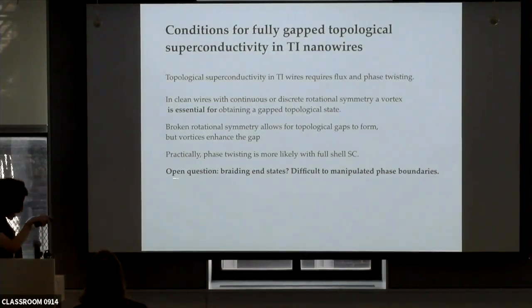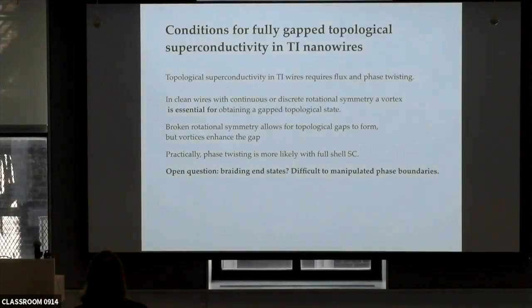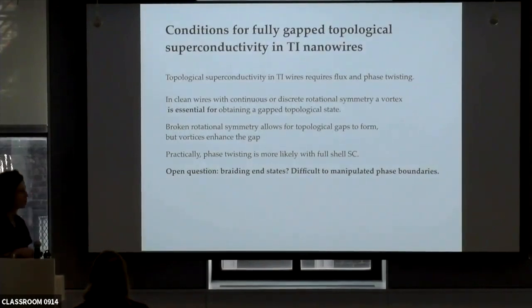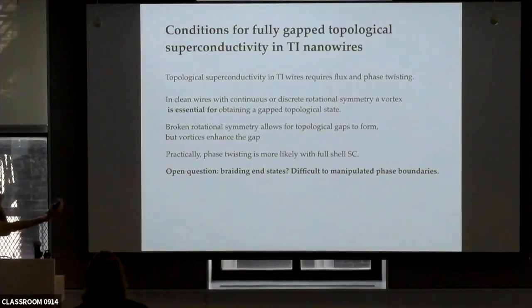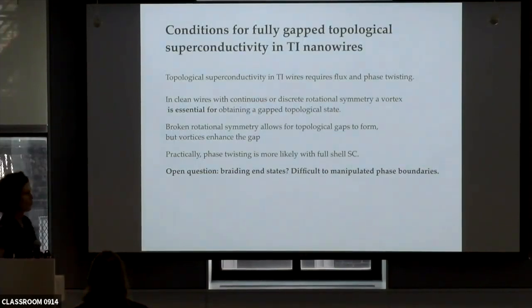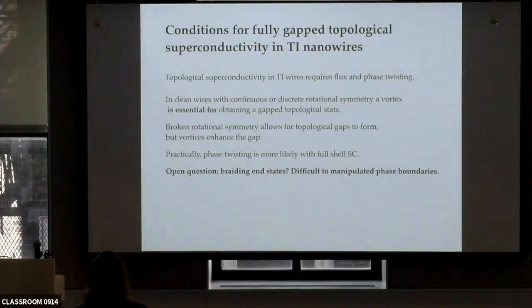And I want to end by mentioning some open questions with these wires. They seem to be a promising platform. However, there isn't much discussion about how you would braid Majorana end states. If these wires are finite, there is a magnetic field that penetrates the end of the wire, creating a Majorana state there. And it's not entirely clear how you would manipulate these Majorana modes. That's difficult here. I guess it's difficult in any system. So if you're interested in this kind of system, I'll be happy to talk about it. And so I'll leave you with that.